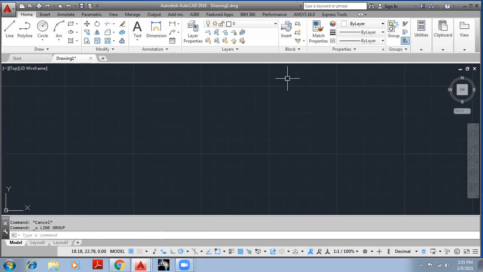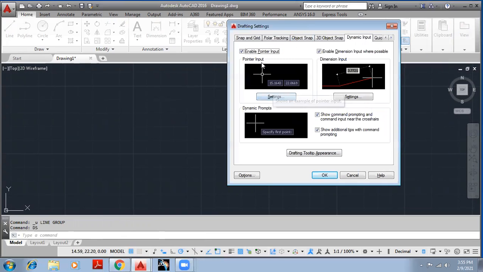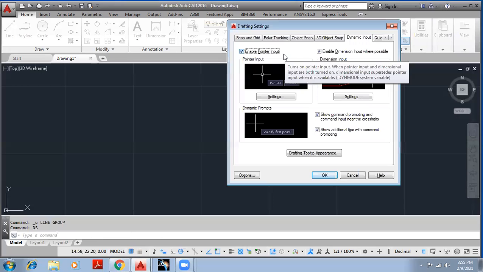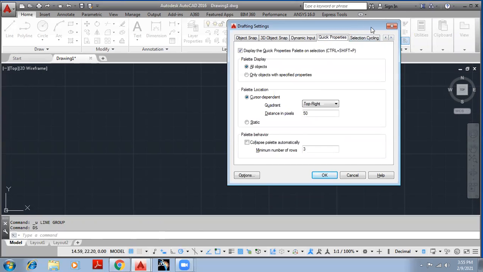So we can make changes in the location, position, and all those things from this particular dialog box. At this moment, we are just going to see how to turn it on and off. Simply, we have to check these boxes. So the next one is quick properties.